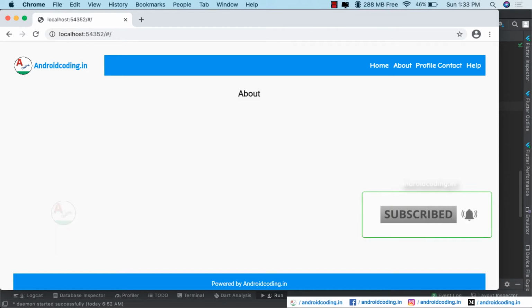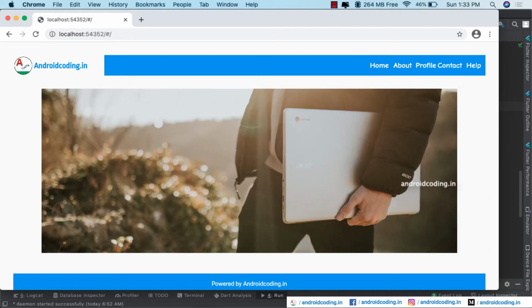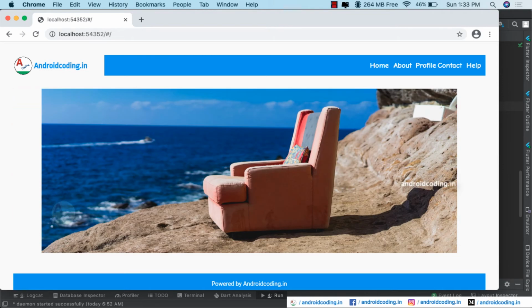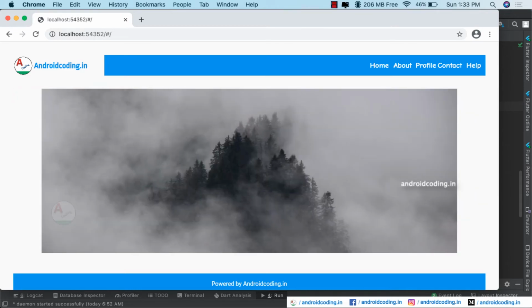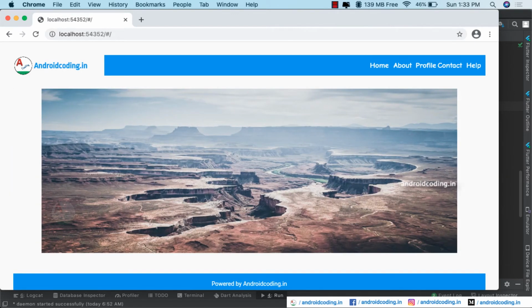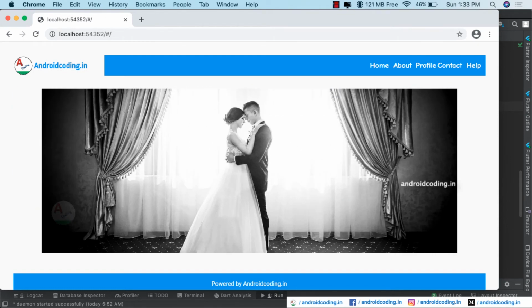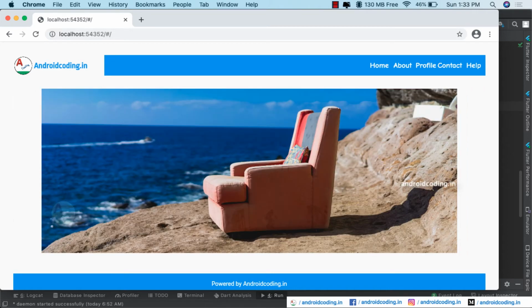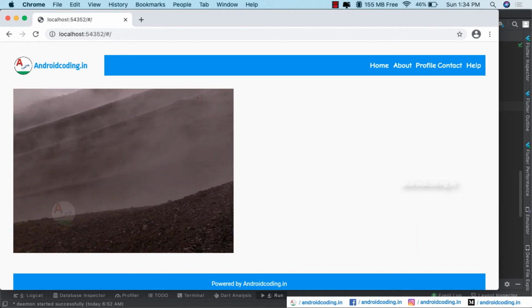So you got the about screen here, and when you come back on home button, you can get the slider back again. So this is a default way I am providing, and again there will be different mechanisms to provide this routing system. You can provide the initial routes and you can provide a set of routes for these particular classes here, but I want to make it as simple as possible for you to understand. And also I want to have the header and the footer section constant, and only the middle body section needs to be altered.